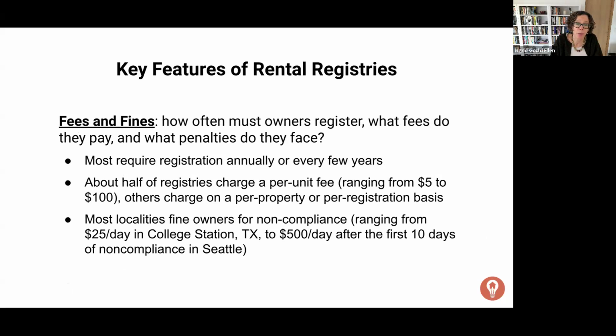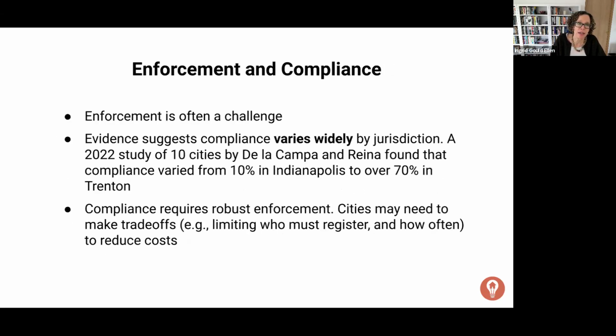one question is how often owners have to submit this information. Most of these required owners to register annually or at least every few years. About half of them charge a per unit fee, usually between $15 and $50. And then there were fines if owners didn't comply, ranging from $25 per day to $500 per day in Seattle. And now, even despite those fines, Claudia, if you can go to the next slide,